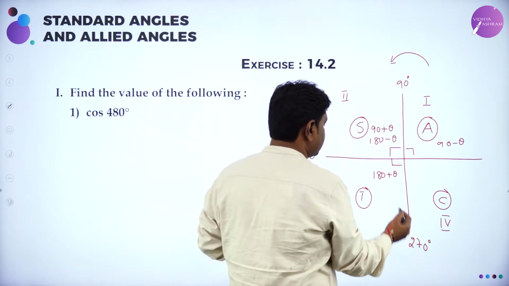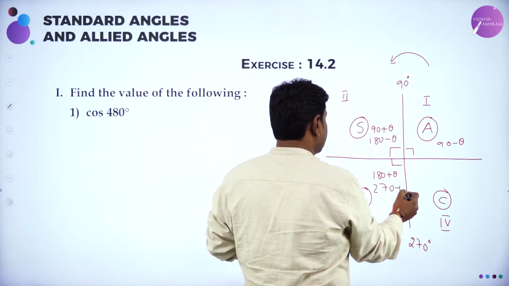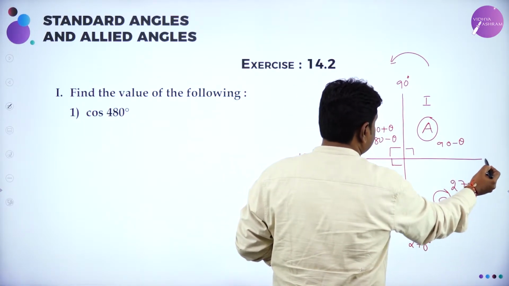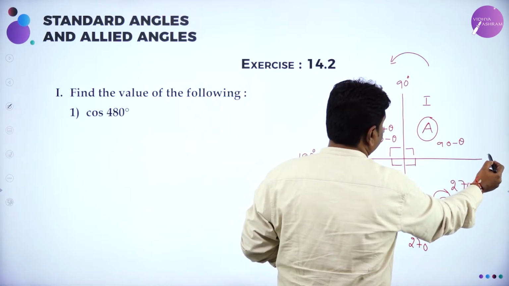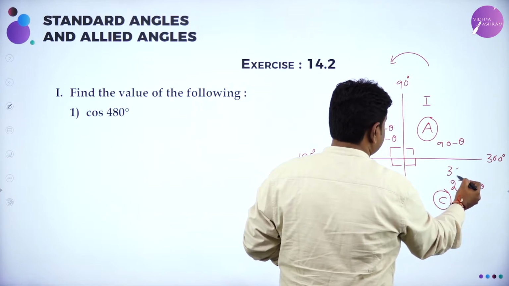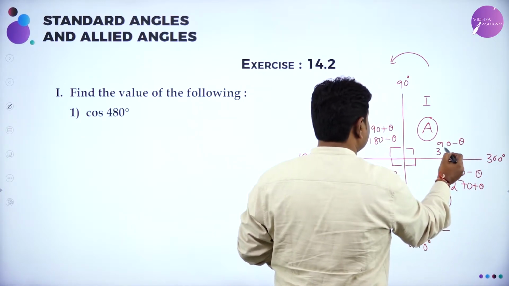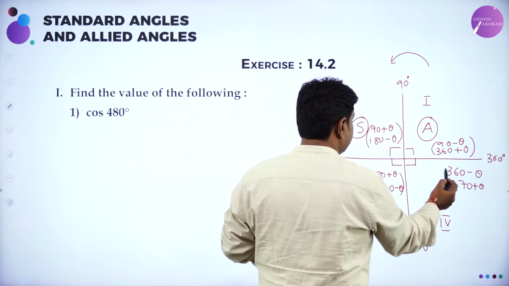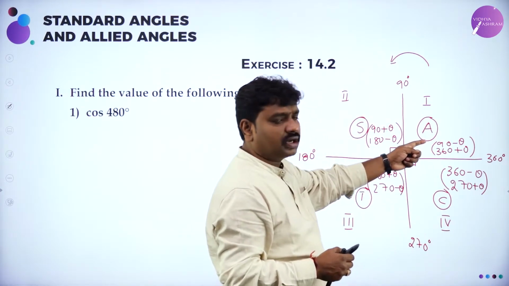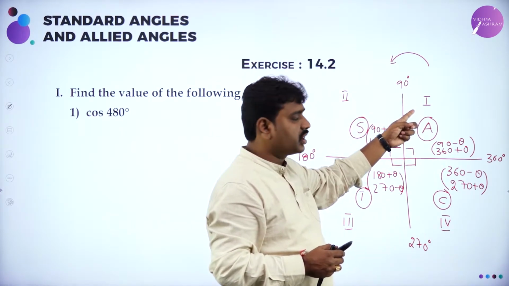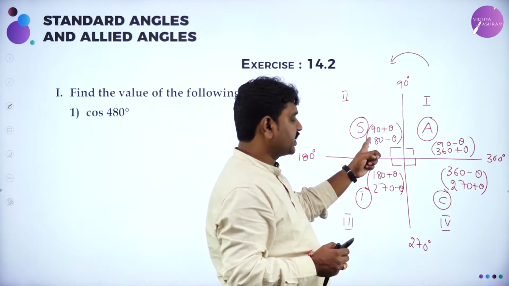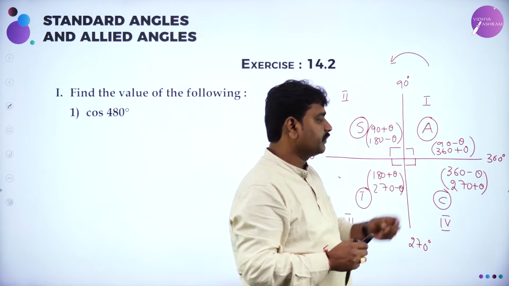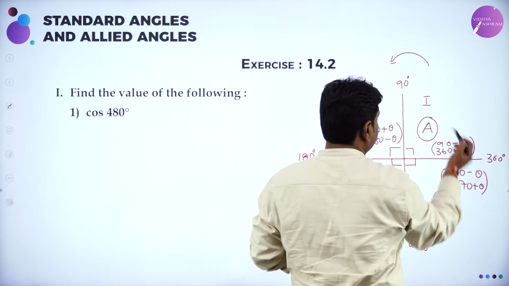This line is the 270 degrees line. And this is 270 minus theta. And here this is after 270, so 270 plus theta. And for this 270, if you add another 90, it will become 360. So before 360, that is 360 minus theta. After 360 is 360 plus theta. So depending on the angle, you can decide which quadrant it belongs to. If it is 90 minus theta or 360 plus theta, it belongs to first quadrant. If it is 90 plus or 180 minus, second quadrant; 180 plus and 270 minus, third; and 270 plus and 360 minus, fourth.